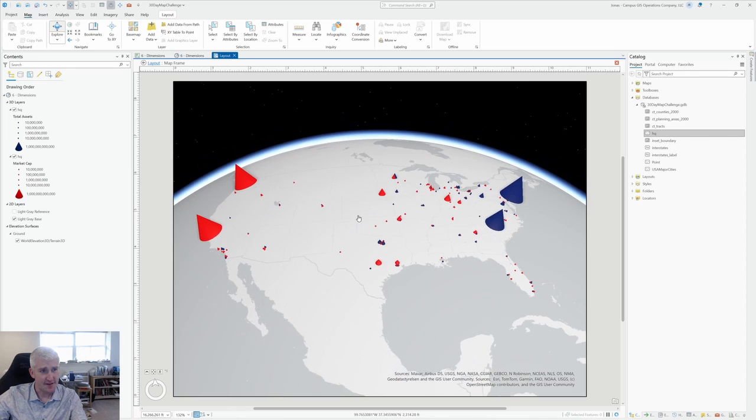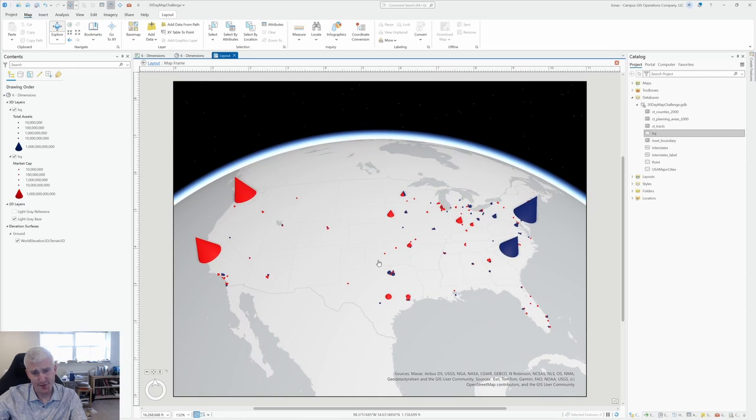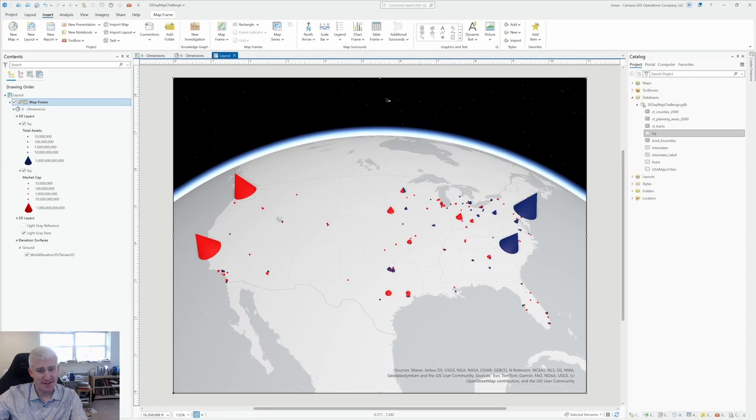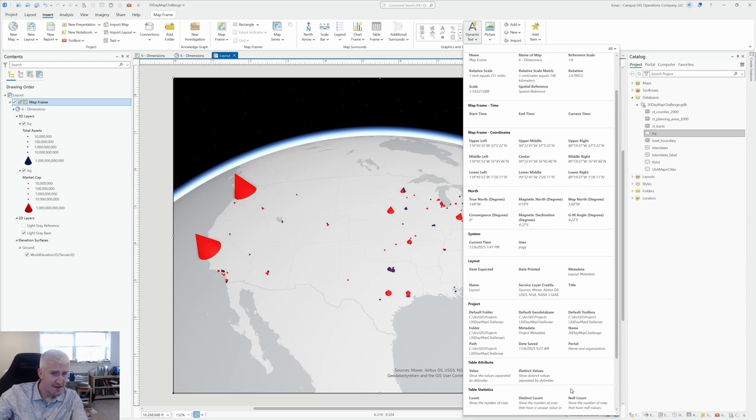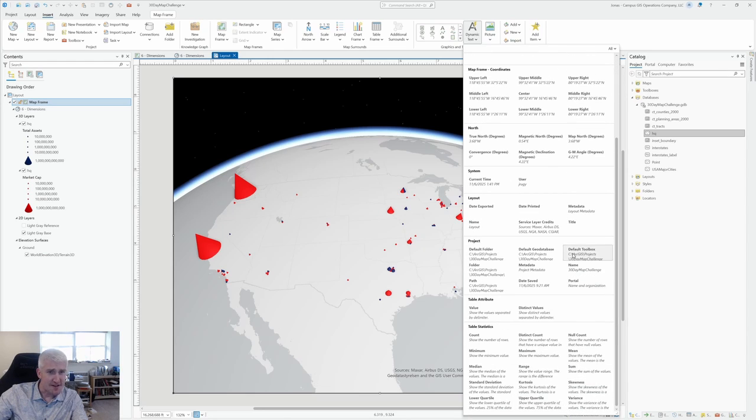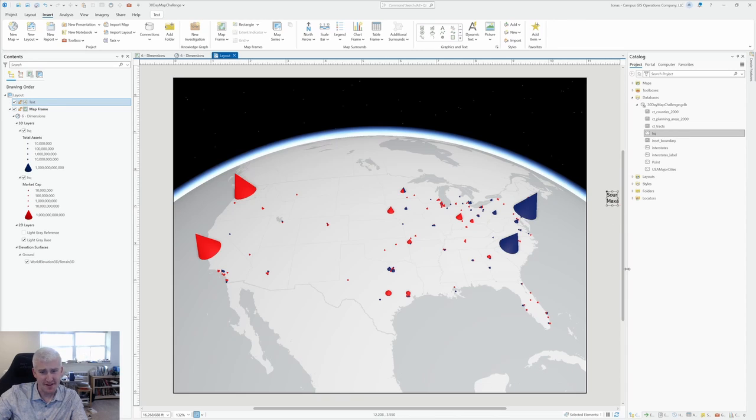That's the idea, is, everyone focuses on the West Coast, big tech, which is great, but the East Coast is just as significant economically in terms of ownership and control. Let's get our service layer credits out of here. And I think you want to keep these in for production maps because it credits the source of the base map imagery. But for these map challenge maps, I'm just going for smoothness and minimal